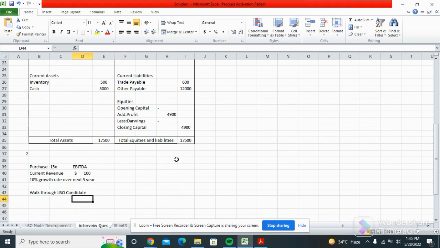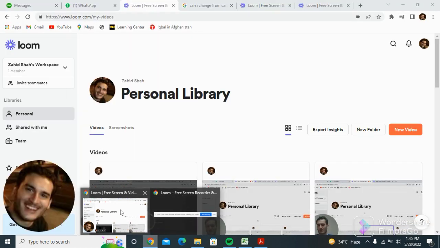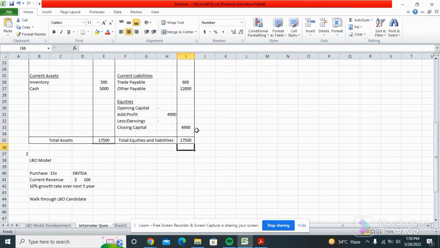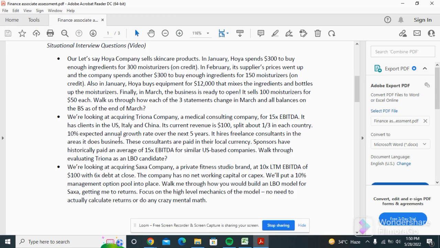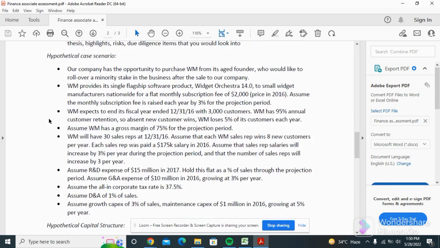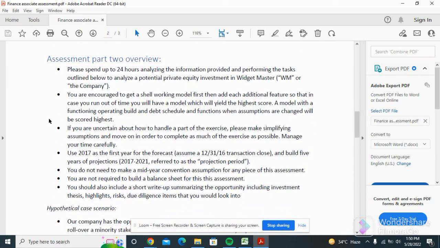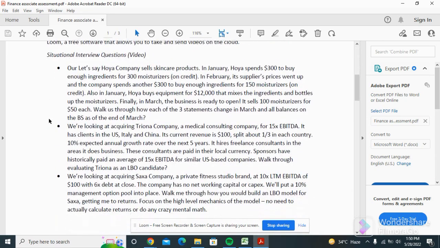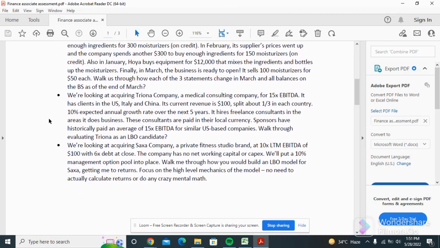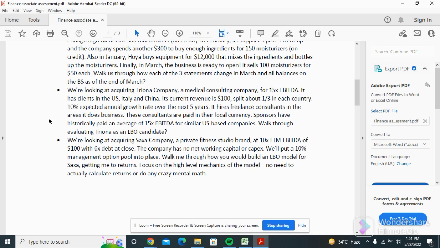Let's go to the second question, the second situational question. The second situational question is related to an LBO model. First of all, I want to share with you the question. The question is basically that there is a company, the Triona company, a medical consultant company, and we are looking to acquire it for 15 times of